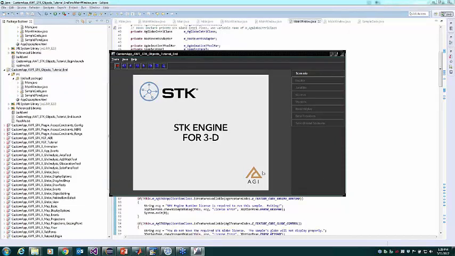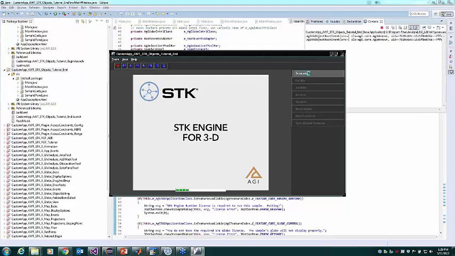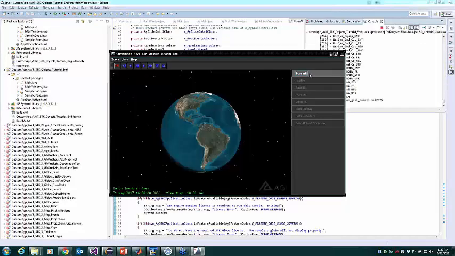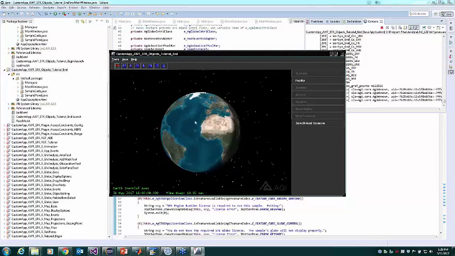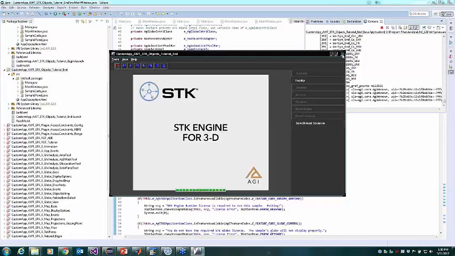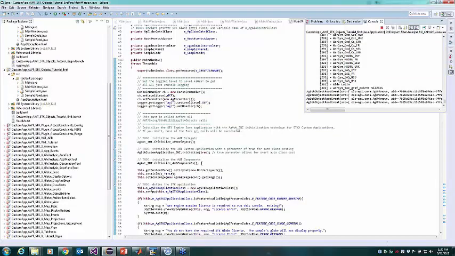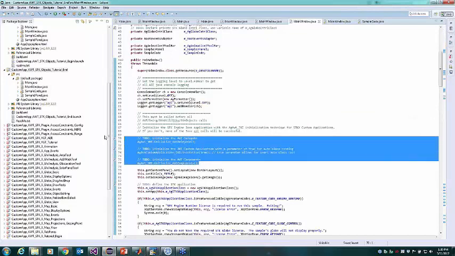So we have the container application, and we have an identical globe control as we do in Visual Studio. And if I were to create a scenario, you will see the same globe as you would in C#. A couple of comments about Java: like I mentioned, you have to go through the additional process of initializing JNI,